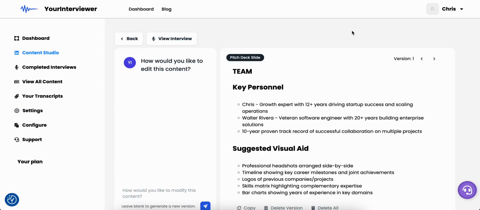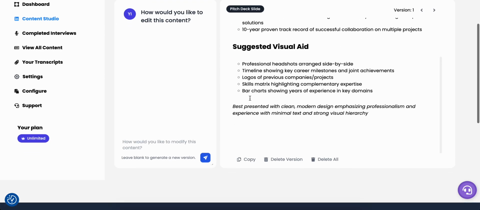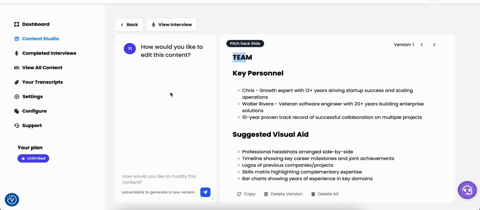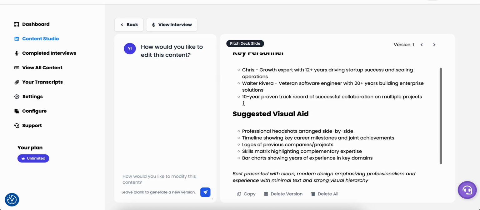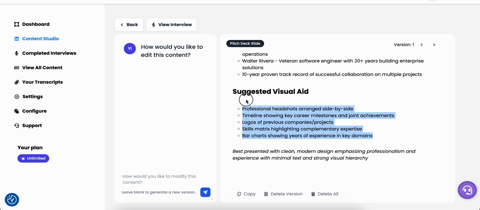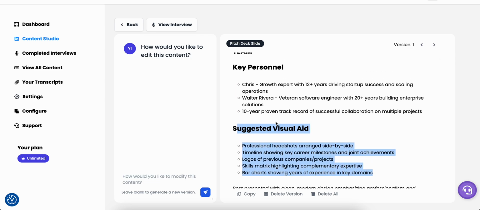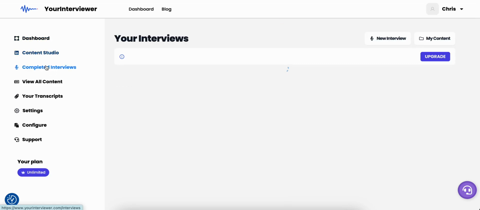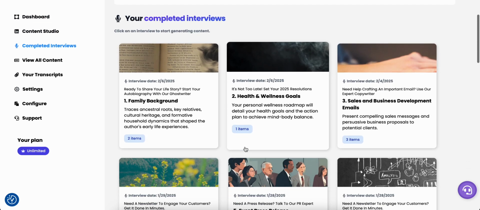So there are 10 slides on there, and right now it's creating the team slide for me, and that's it. That's the only one that's relevant based off of the context of the interview that I did. So here it's sharing the key personnel and a suggested visual aid to accompany that as part of the slide. And so if I was to go, for example, to a different interview that I've completed and use that,